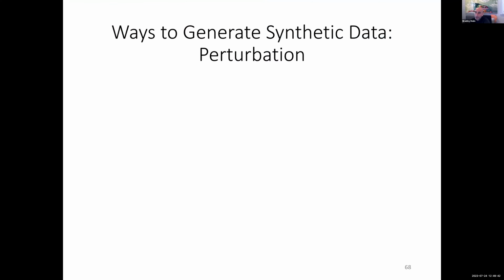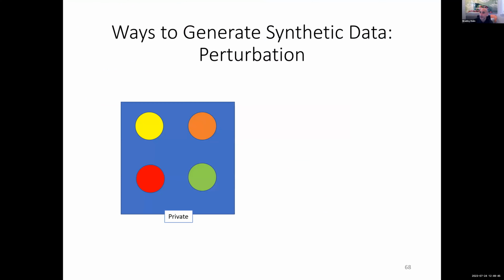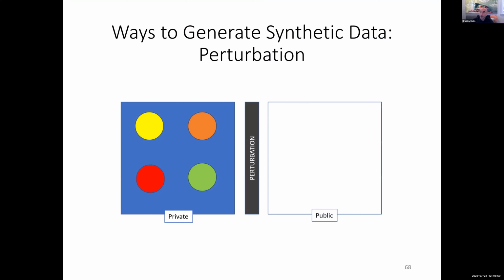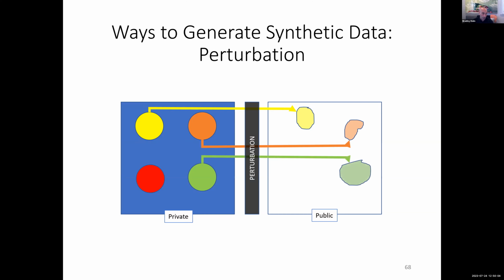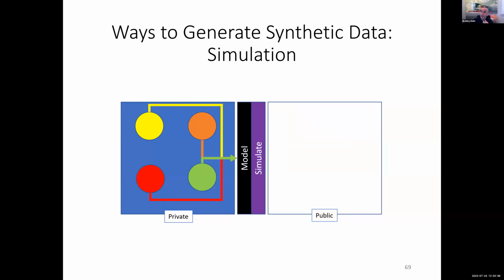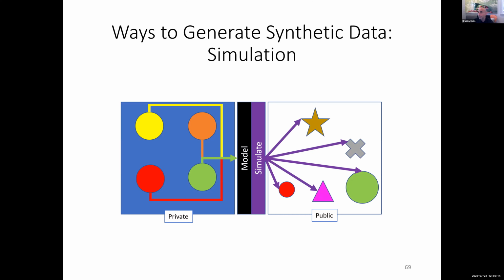So how do you do this? The way that people have been thinking about this is that you could either perturb the original data, and then you're left with, some people would argue that differentially private data could be argued as not being the original records, but some perturbed view. Or you can actually simulate new data, where you learn a model off the data and then you simulate things that look like the real data, but you might also simulate things that don't look like the real data.